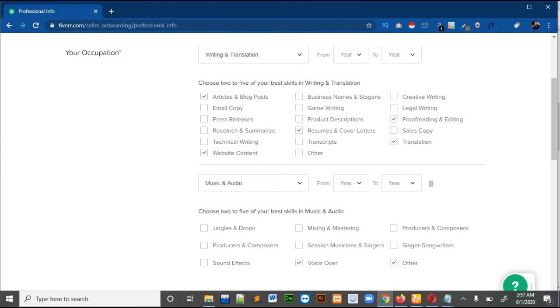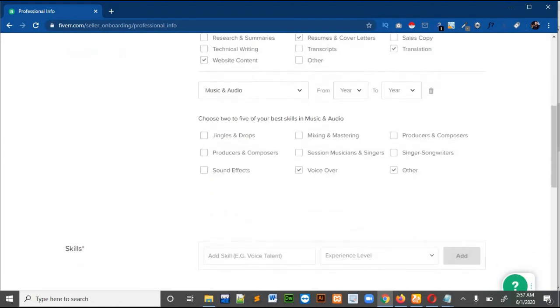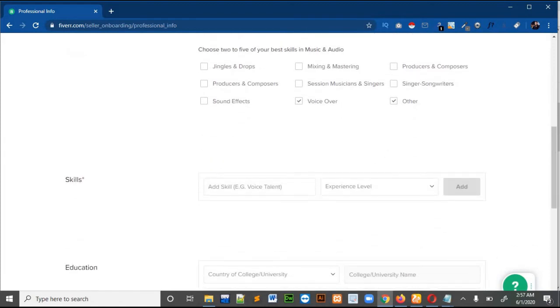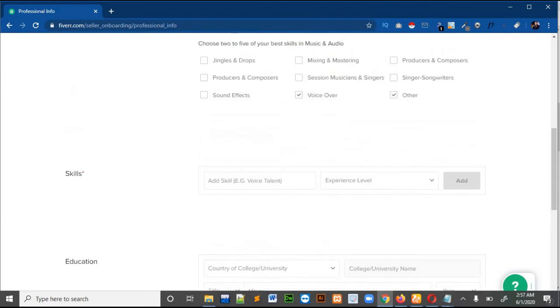So I am putting these skills just to show you how you can put all of these things. Okay, so I am leaving the year now. I will see if it is mandatory, so then I will fill it. So there is no need of that. So you have to write all of the skills you know, okay, over here, and you just have to click on